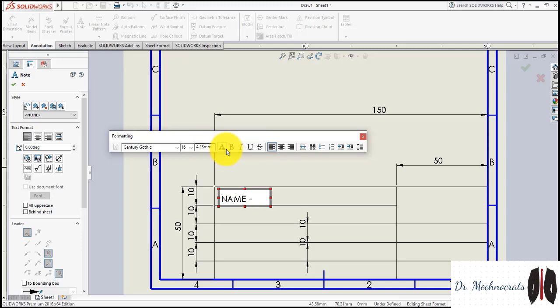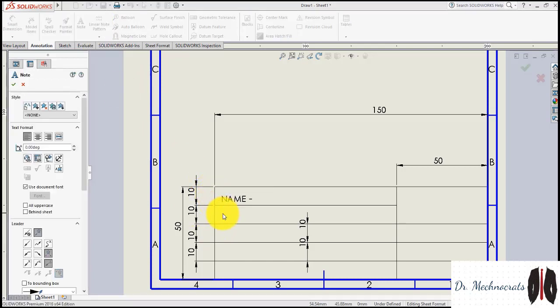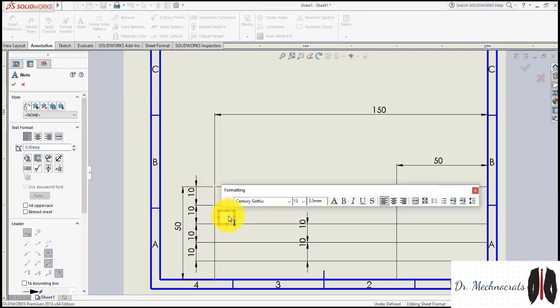Right. If you want to write in bold letters as well as in italic, you can do so by using these commands. If you want to place your name at the center, just use this, but try to follow the same pattern which I draw. Here you have to mention your name first, then your UID.